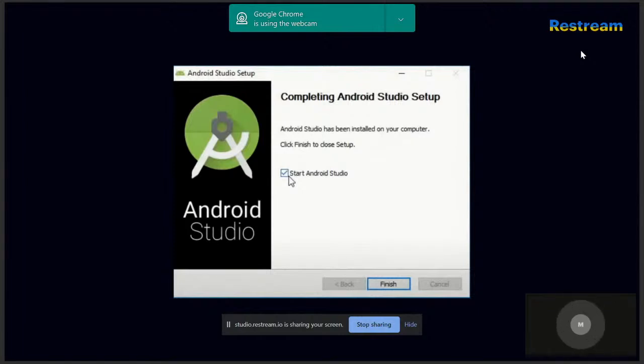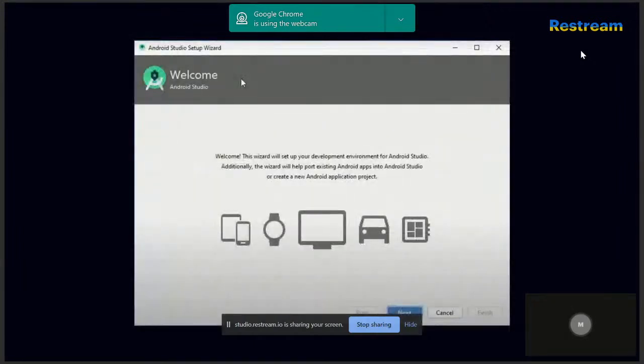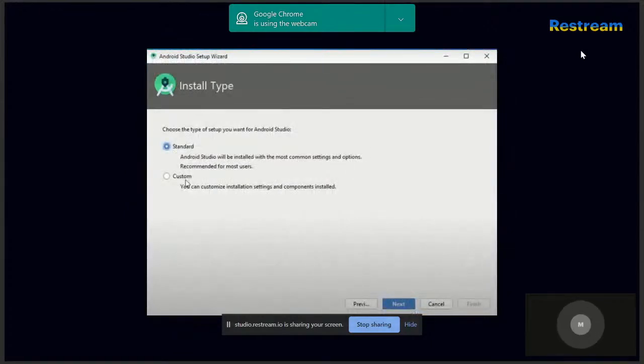So now your Android Studio setup is about to get completed, and here you just click on the start Android Studio button, and after clicking on that button, click on finish. And once you click on the finish button, it will redirect you to a page saying welcome Android Studio. And here it throws a message like, welcome, this wizard will set up your development environment for the Android Studio. Additionally, the wizard will help port existing Android apps into Android Studio or create a new Android application project. And now you just click on the next option,